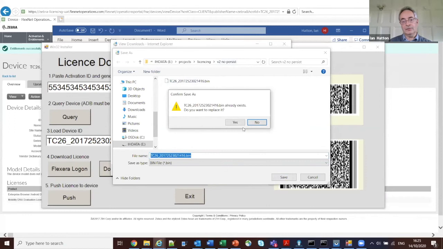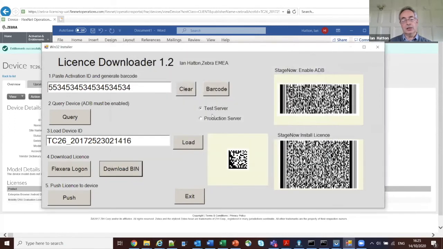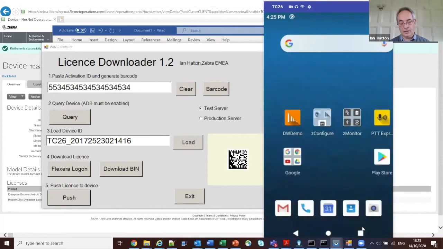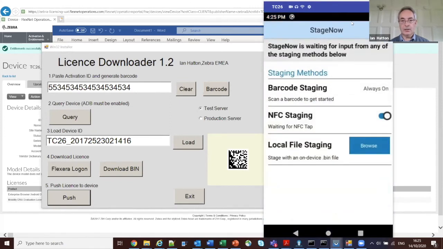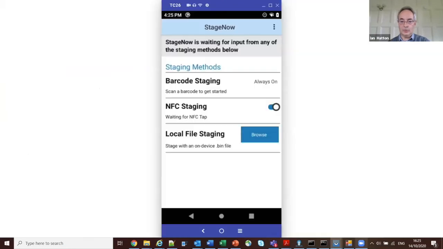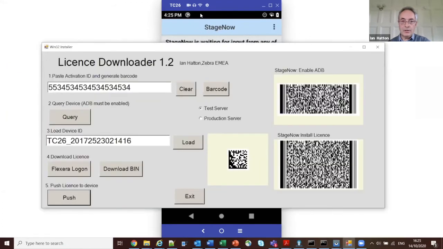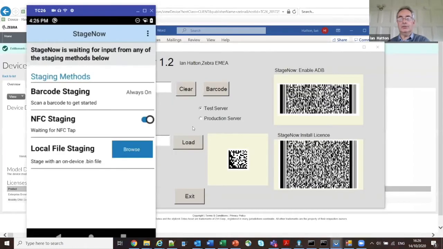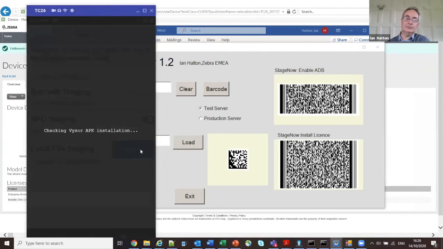So I just hit save, replace the version that's there, close, and now all I need to do is say push, and that's going to, using ADB, push that binary file to the device, and then go back to my device and run stage now. Got too many windows open. Try and move that. Okay, so if I now scan this stage now license,